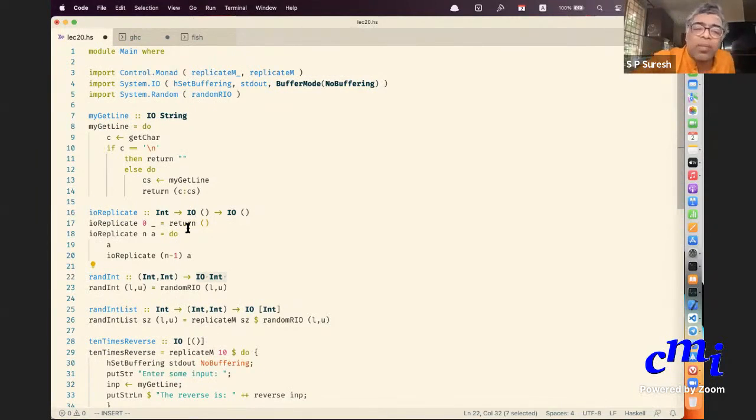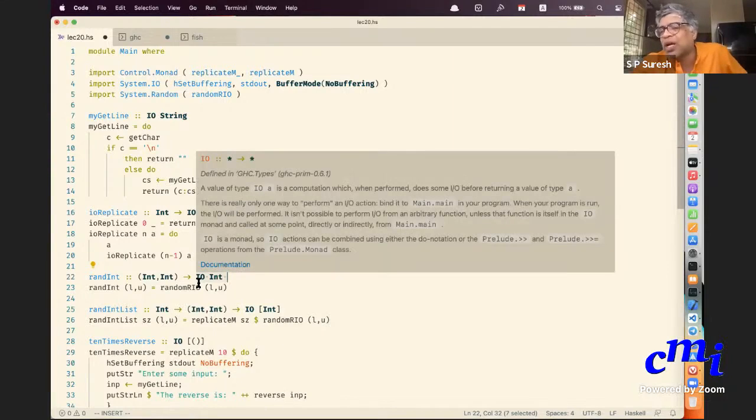Whereas if you come to an action whose type is IO unit, then that unit is not really doing anything useful, right? Unit is no information at all. There is a return value there which is actually unit, but you can't use it anywhere. So if you did replicateM, it will store each of those units in a list, and it will produce a list of units. You see the point? So what would happen if we use replicateM_ here?